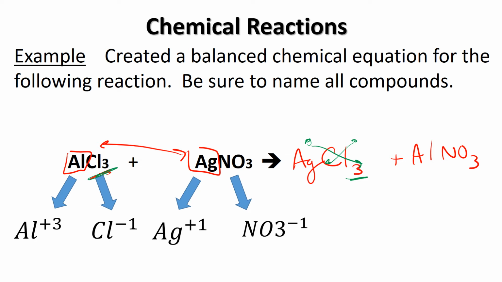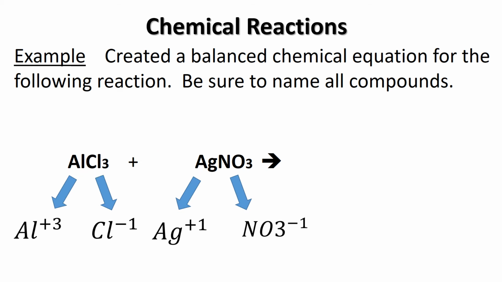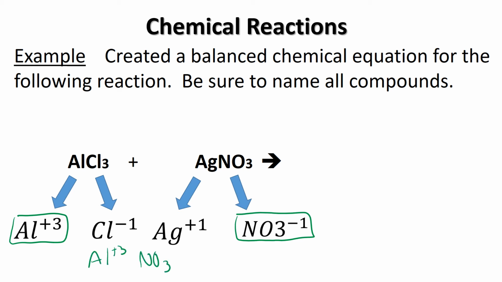The way to do it is to look at everything at the bottom and say, okay, we're going to take aluminum, that's the metal over here, and it's going to pair up with the non-metal of the second substance. So we get Al +3 and NO3 -1. So to figure out how many aluminums we're going to have, well, we've got the 1 coming down, so we get 1 aluminum. And then to figure out how many NO3s we are going to get,